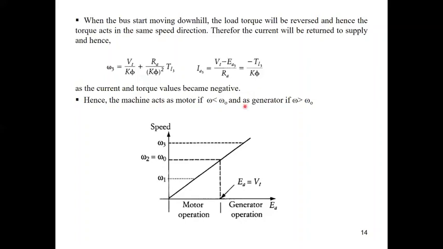So as you remember, the machine acts as a motor if omega is lower than omega naught, meaning the speed is less than the no-load speed, and it can act as a generator if the speed is higher than the no-load speed. If we have a relation between EMF and the speed, the curve will be linear like that, and the points can be assumed like omega 1 is here at motor operation, and at the no-load speed, which is omega 2,